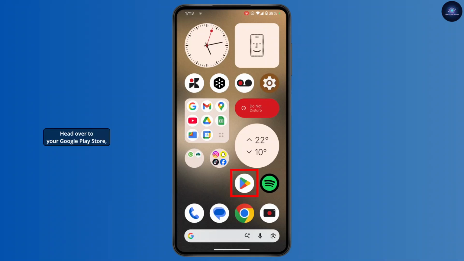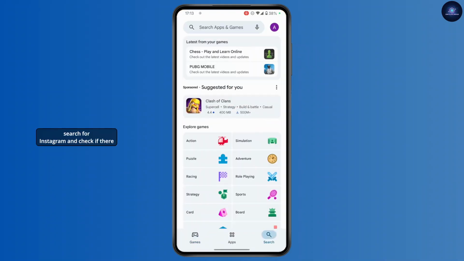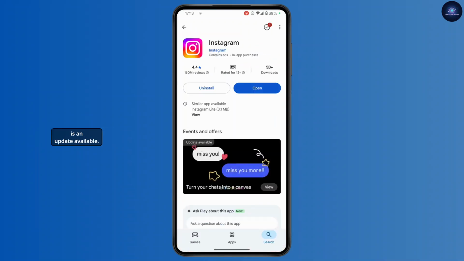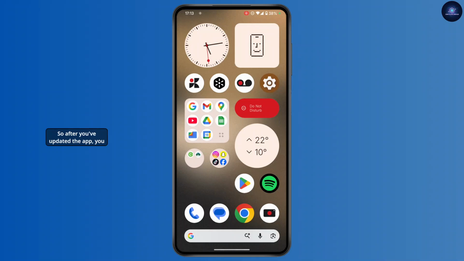Head over to your Google Play Store, search for Instagram, and check if there is an update available. If there is, update the app, since using an outdated app version can cause some compatibility issues, and also there can be some bugs in the older version. So after you've updated the app, you can then go to your device's settings,